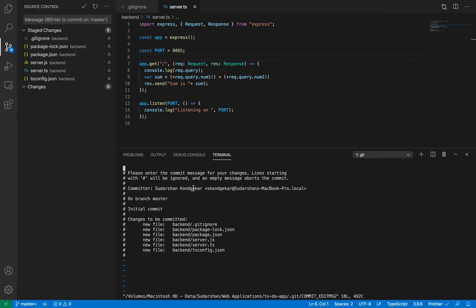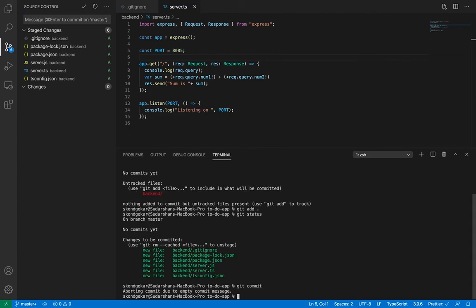So I would recommend that you don't do it this way, and do the commits from here. So I will type initial commit, and then I will click on this checkbox to commit the changes. Now changes are committed.